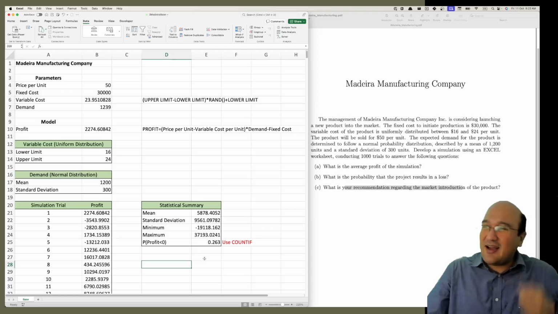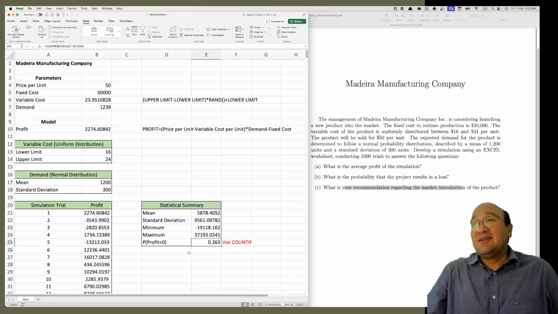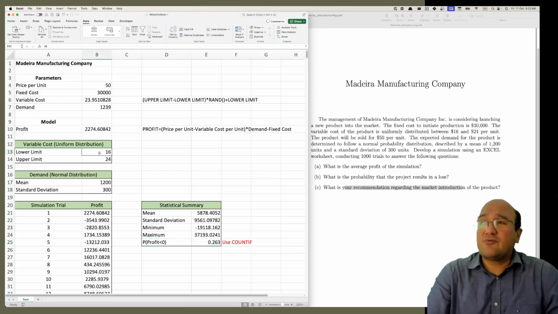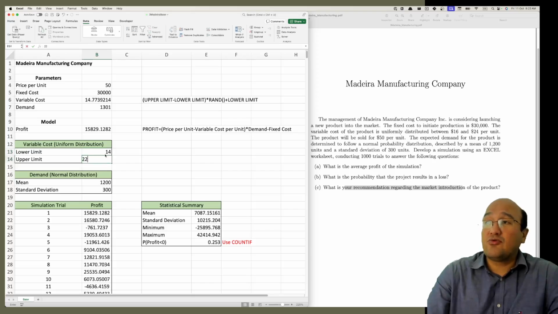So we have done A, B, and what's your recommendation regarding the market introduction of the product? Well, I am a very conservative person. I don't like risk much, and for me, having a probability of a loss of 0.26 is way high. So I will not introduce this product into the market. Maybe I can get a nicer probability here. How? If I could reduce, for example, the variable cost, instead of running from 16 to 24, imagine from 14 to 22,